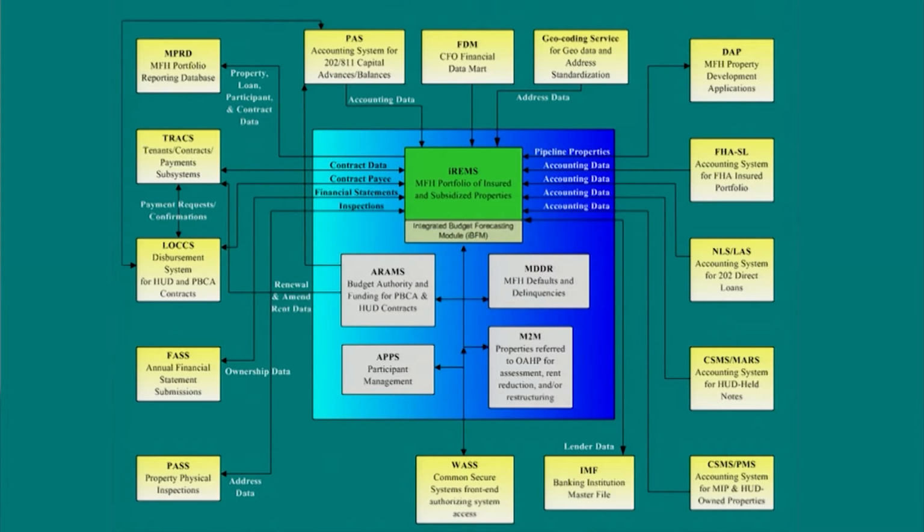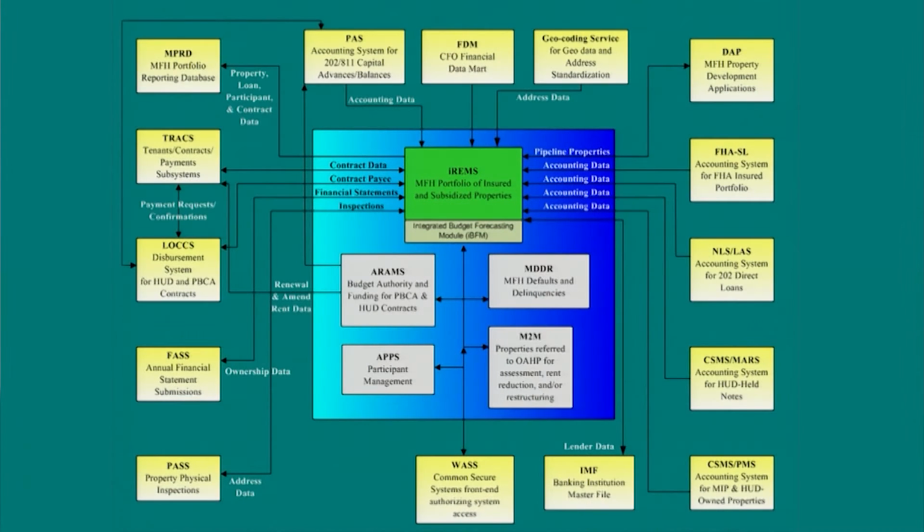As you know, in order to get access into IREMS, you must first get access through WAS. WAS is the Web Access Secure System. That is the gatekeeper. Before you come into WAS, you will be asked to read and acknowledge the rules of behavior. And once that happens, you'll have a warning page of what needs to happen while you're using these systems.